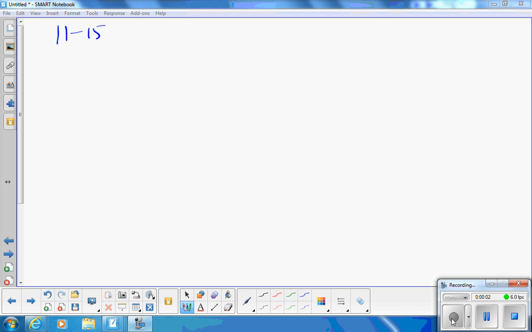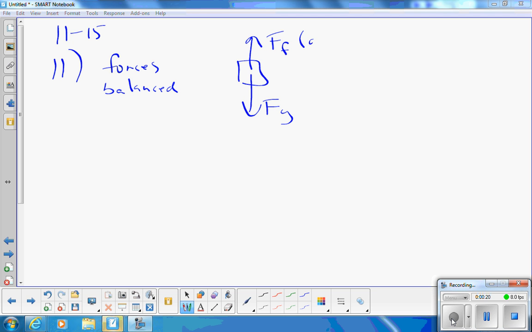Boom. First quarter review, 11 through 15. Number 11 says a 60 kilogram skydiver is falling at constant speed. Constant speed tells me the forces are balanced. And so therefore, if I look at the skydiver, who has a downward force of gravity and an upward force of friction exerted by the air,